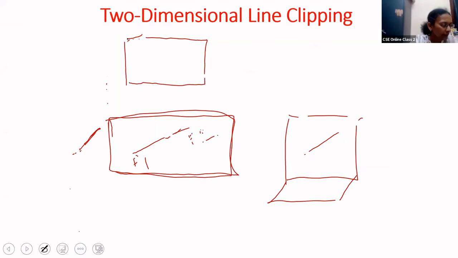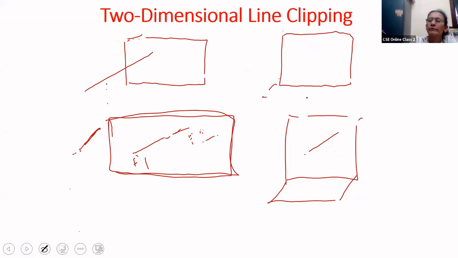I take a third line, say it is like this. Now, what is it that should be drawn on my screen? Can I draw the entire line now? The entire line is not inside the clipping window, so I cannot draw. Is the entire line completely outside? No. The entire line is only partially inside.